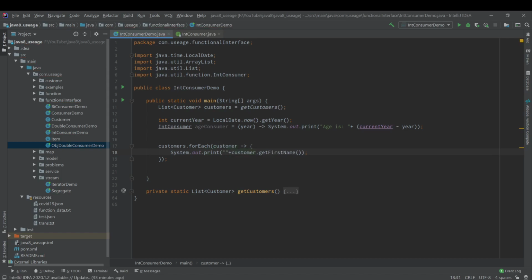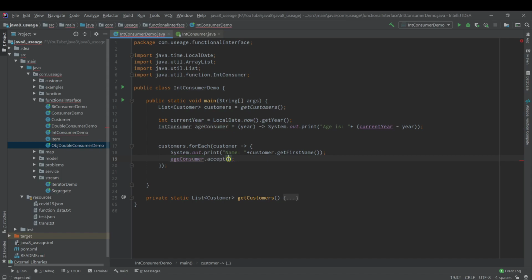I will print in the format: name and the age. So I will call the age consumer. It accepts an integer value. So the customer has a date of birth dot getYear. I will send the year of the customer. It will print the age for that customer. I will just add a sysout for the new line.